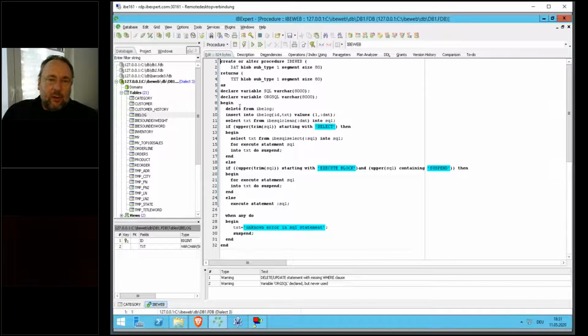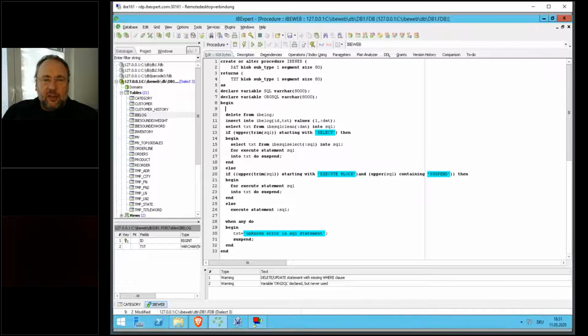And I will do now a simple trick that we are really often using for debugging stored procedures and so on. When I say here, for example, if that is null, so I get no parameter at all, then that equals